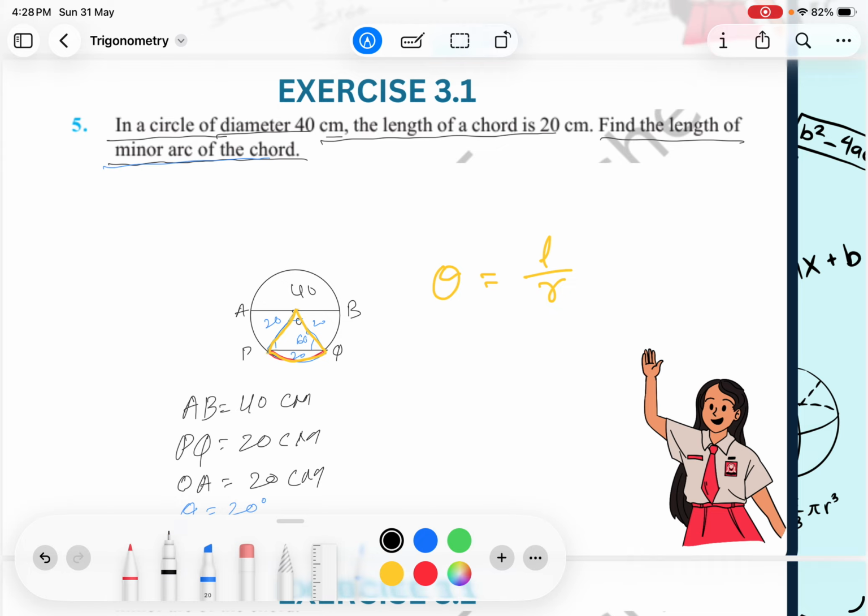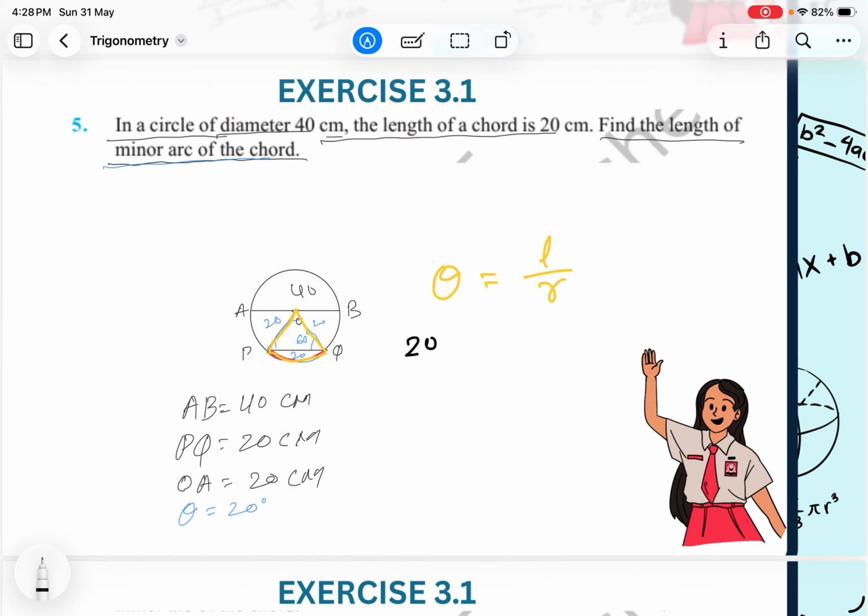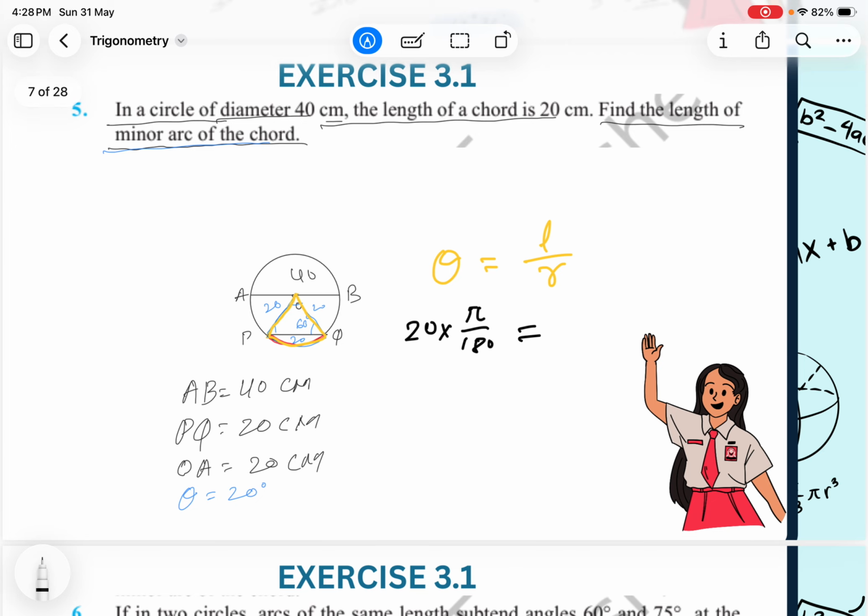Okay, so we have 60 degree, and if we want to convert this into radian, then we have to multiply by pi by 180 equal to L by R. What is L? This is L that we have to find. So L by R, we have R as 20. So we can say L equal to 20 into